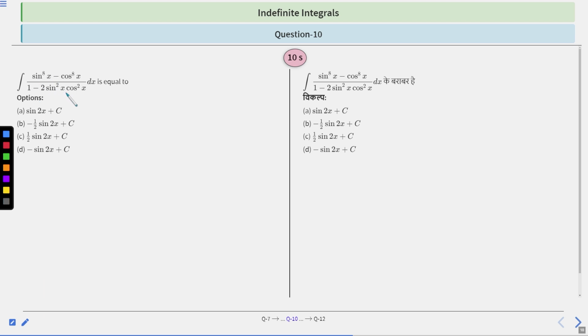So you can convert. You know that cos square theta minus sine square theta or sine square theta minus cos square theta can be written as minus of cos 2 theta like this. Clear? So you will try to convert this integration into some form of cos 2 theta or sine 2 theta like this, right? In this way, you can approach this question. You have 10 seconds to solve or think about this question. After 10 seconds, we will discuss the solution.